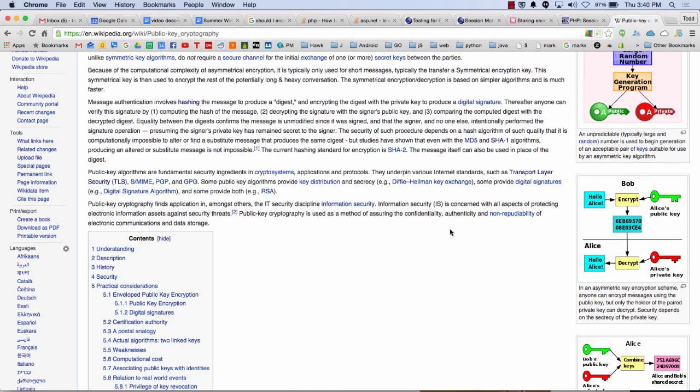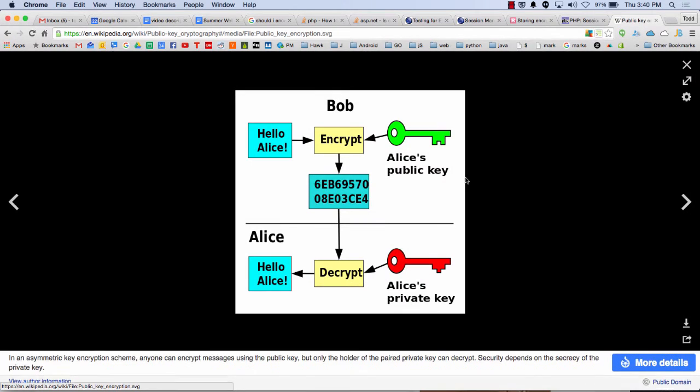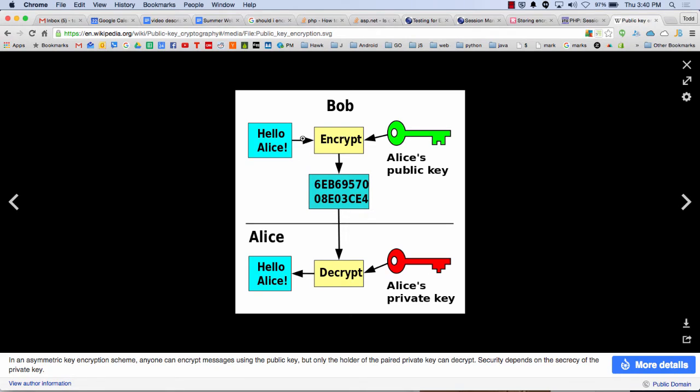Just as an FYI, Bob will encrypt something with the public key and send it to Alice, and then Alice can decrypt it with the private key. You need the private key to decrypt. So that would be another way to have some encryption.